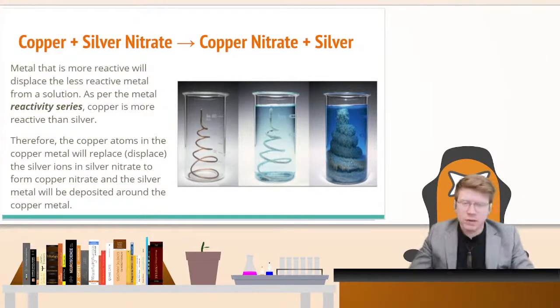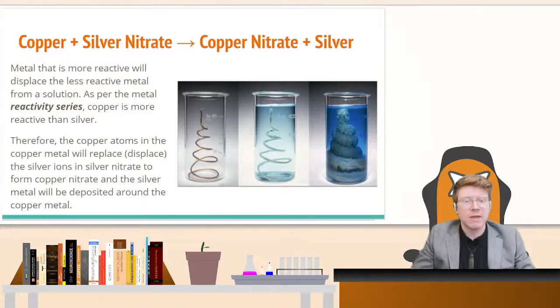So our first example to talk about is copper and silver nitrate. So copper is more reactive than silver. Therefore, copper replaces or displaces, kicks out silver, and the silver usually forms a silvery solid, right? So in this case, if you get yourself a copper wire and then get yourself some silver nitrate solution, which is sort of a lightish blue, if you leave that with the copper wire in it, what you'll see is that the copper leaves the wire